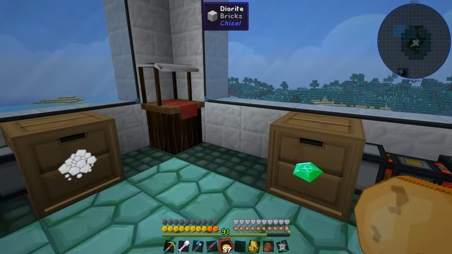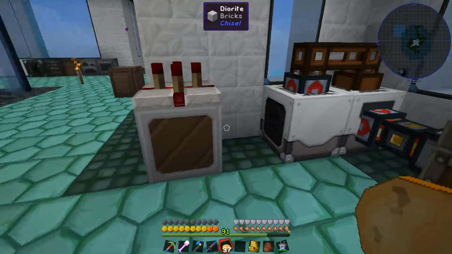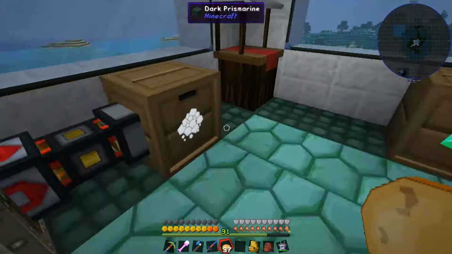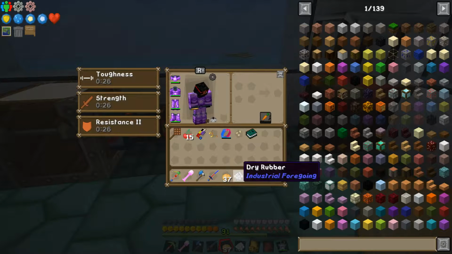And so, I did a little bit of AFKing in between episodes. I completely ran through all the rubber wood that I put in here twice. I actually went and farmed some more trees, and yeah. But we've got 42 stacks of dry rubber. And remember, each one of these dry rubber,